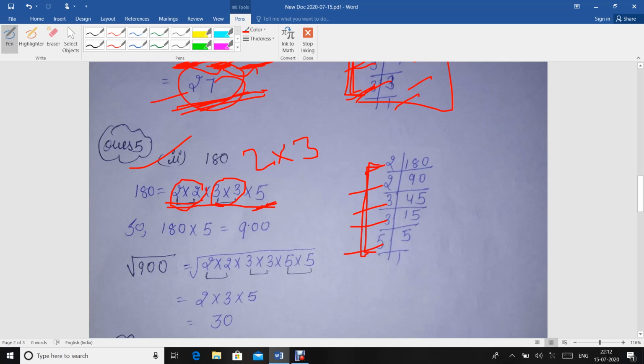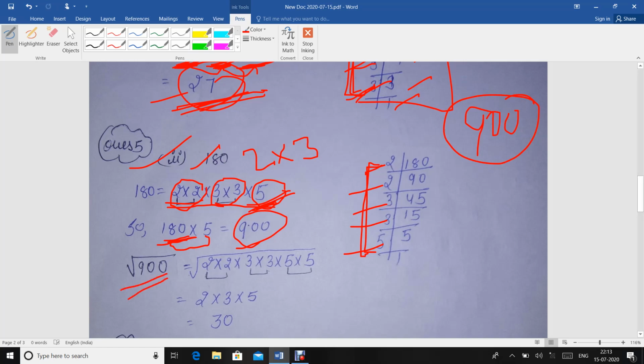So we have to multiply this 180 by 5 to make a perfect square. The prime factor which does not have a pair, we will multiply the given number by that number. So we will multiply 180 by 5. After multiplying 180 by 5, we will get 900. Now 900 is a perfect square, but we have to find the